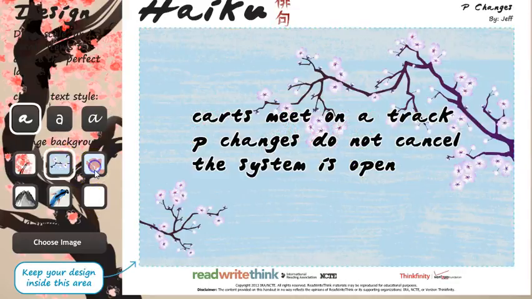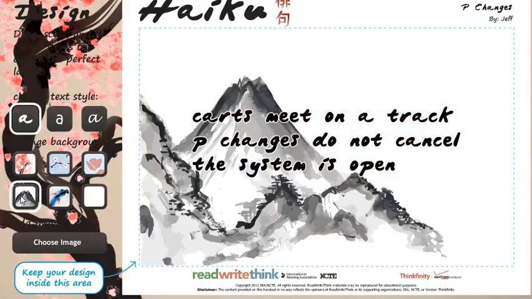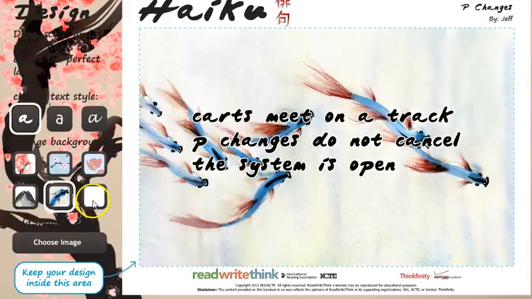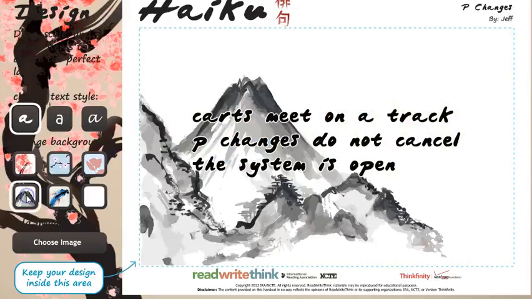And then some backgrounds that you can use. Here's my favorite right there. Use the koi if you want, or just blank if you want. I never use blank. Anyway, so there's that. And then what you can do is you can go ahead and either use a snipping tool,